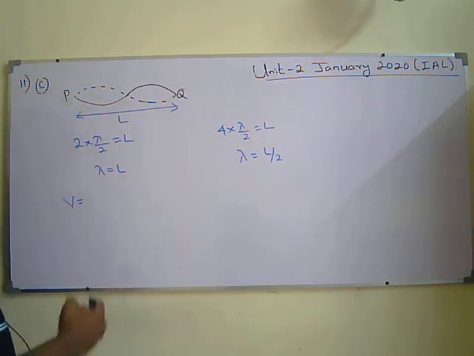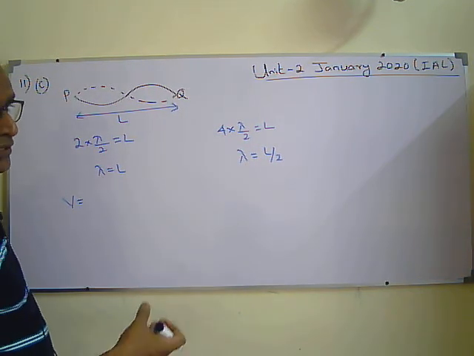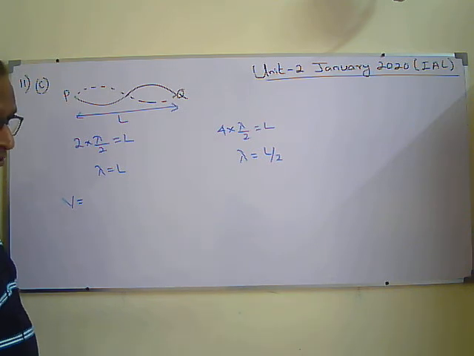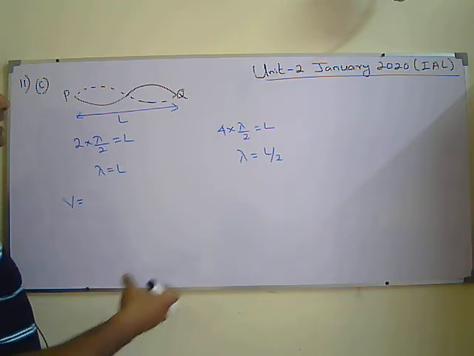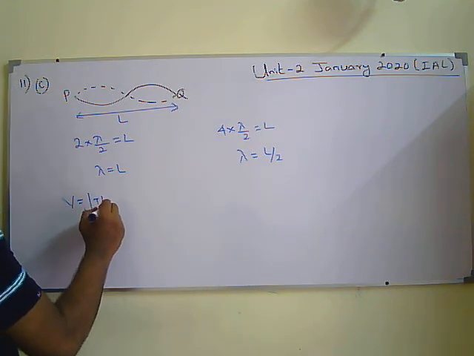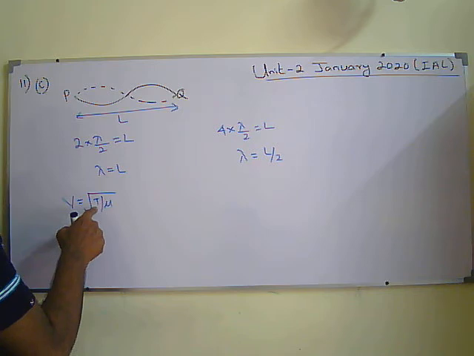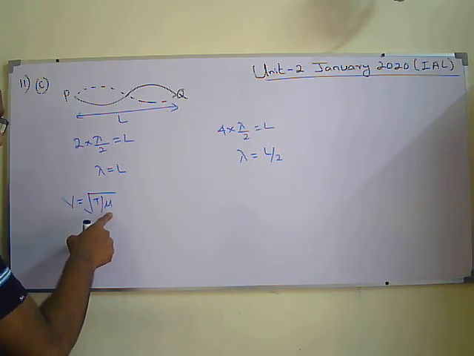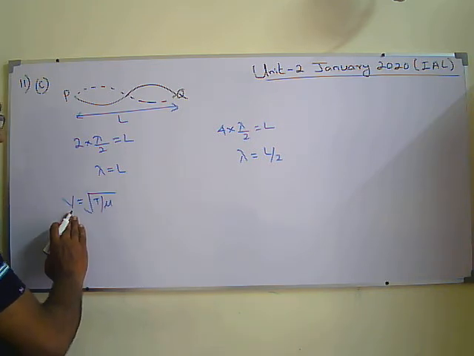There are two identical oppositely traveling waves. They ask about that speed. A stationary wave has no speed, that is 0. So they are asking for the speed of one of the traveling waves. So speed V equals square root of T over mu. There's no change in tension, no change in mass per unit length. So there's no change in speed.